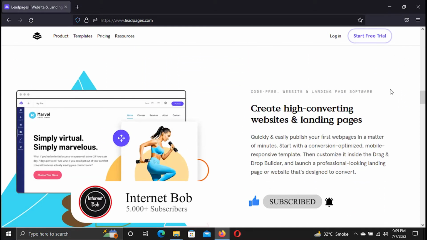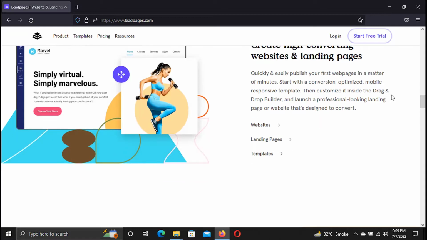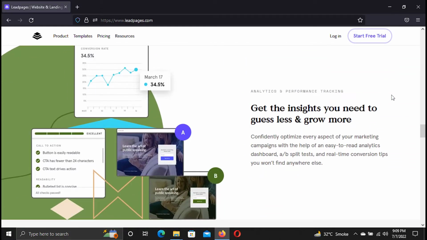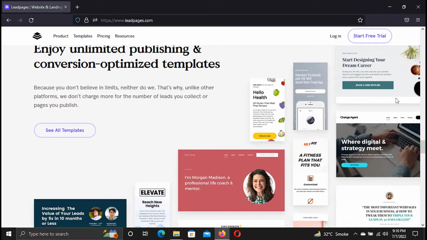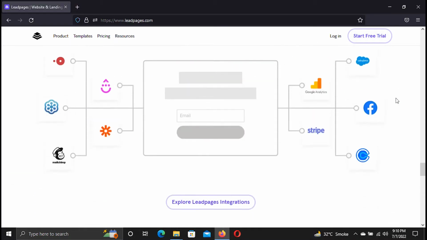LeadPages will help you in creating a unique, high converting landing page, which allows you to better position your offer, better qualify your leads by explaining your offer in greater detail, and gather retargeting data from the Facebook pixel that is automatically placed by LeadPages. So let's dive further into it and see how you can create a Facebook landing page